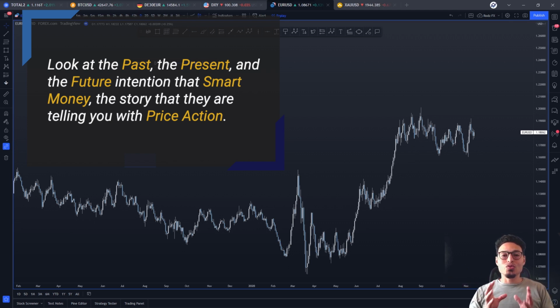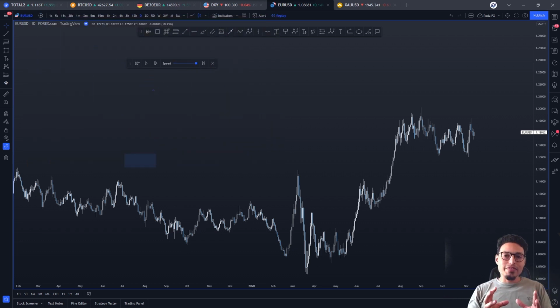And so we can do this with the chart right in front of us. We don't need any special indicators. All we need is price action to tell you what smart money has done, what they're currently doing, and what they intend to do. These videos are going to go through market structure, but looking at institutional concepts, smart money concepts. What I'm going to go through now is essentially going to increase the probability and actually improve your forecasting. And so this will all, of course, improve your performance.